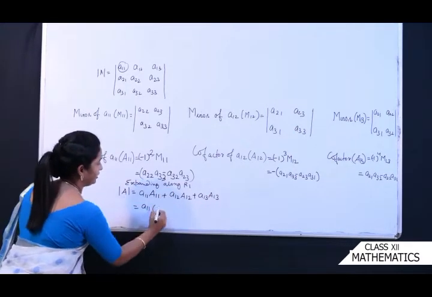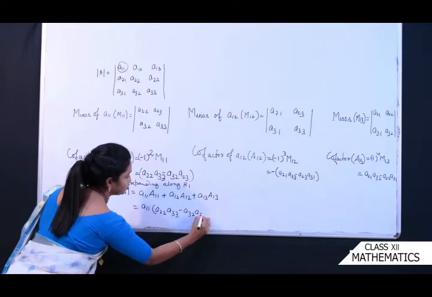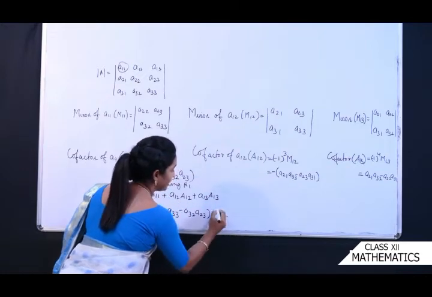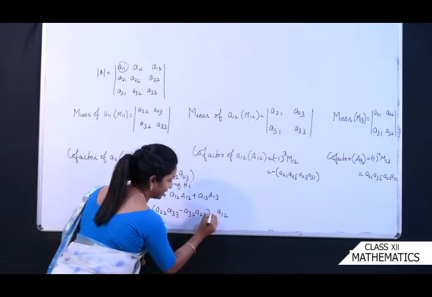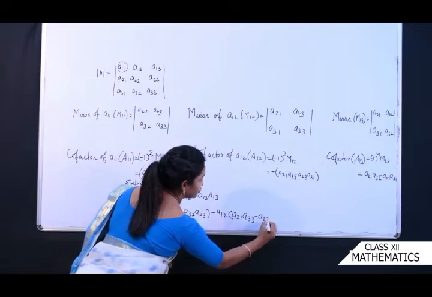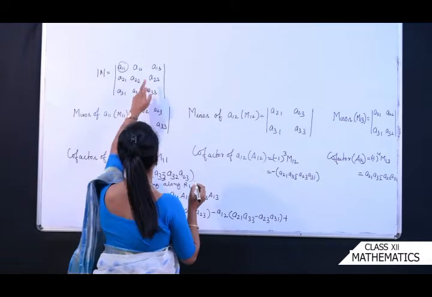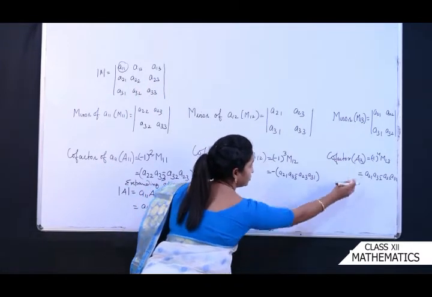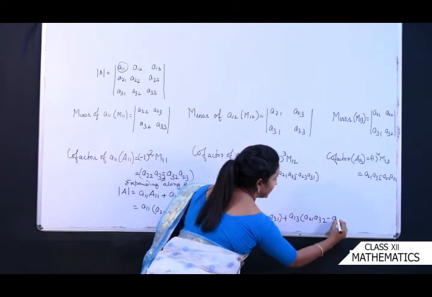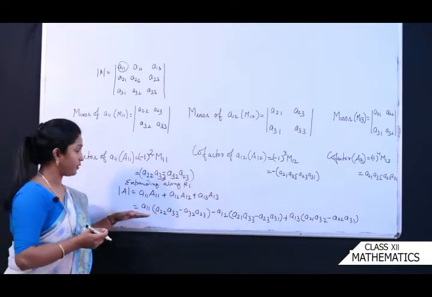Now what is the value? A11, what is A11? That is A22, A33 minus A32, A23. Okay, plus A12, what is A12? A12 is your, क्योंकि ये माइनस साइन है तो ये प्लस क्या बन जाएगा आपका? माइनस. ठीक है, उसके बाद में A21 A33 minus A23 A31. Okay, then the last is plus the last element, that is A13 into cofactor of the third element, that is A21 A32 minus A22 and A31. Okay, so this is the way of calculating the determinant of order 3.